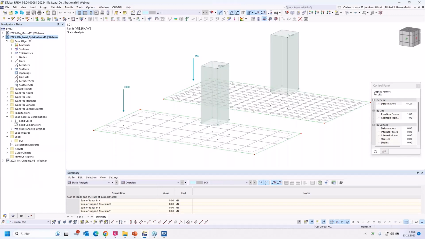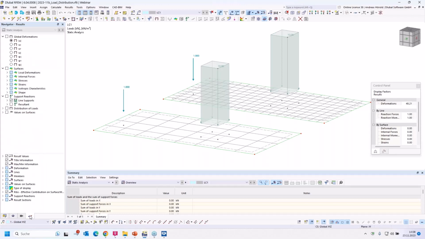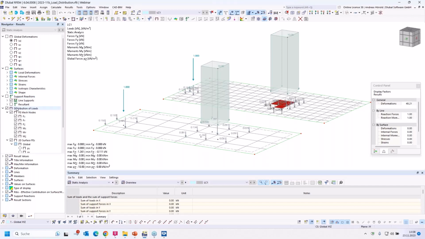And the next question is, how can I display the load distribution in the results of the static analysis? You can see that in the navigator results, left at the bottom. And where is this check? Distribution of loads. If I check this, you can see the load distribution.